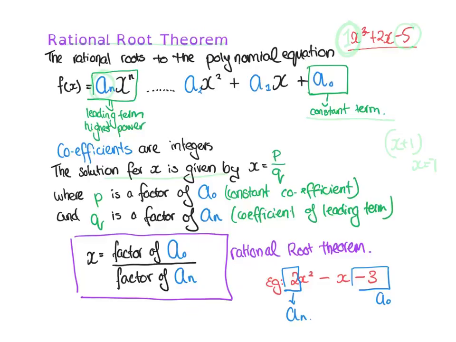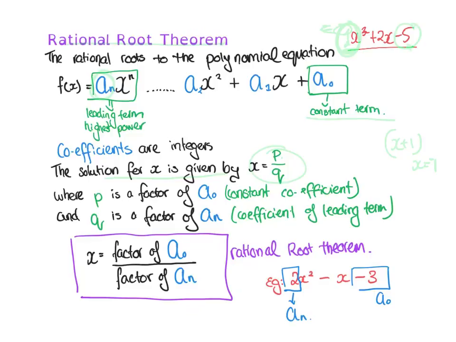So for the solution, you can use this formula here where you've got p over q. So p is a factor of the constant term, so in our example would be -5. And q is a factor of the coefficient of our leading term, so in our example would be 1. Okay, and down here, the formula to try and find a solution, which can help us find a factor,